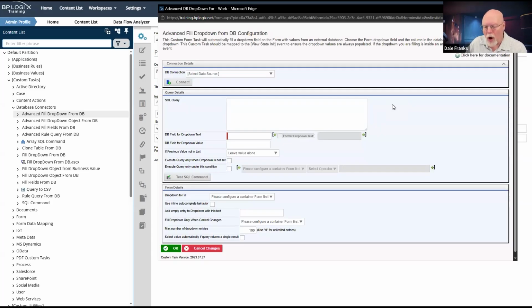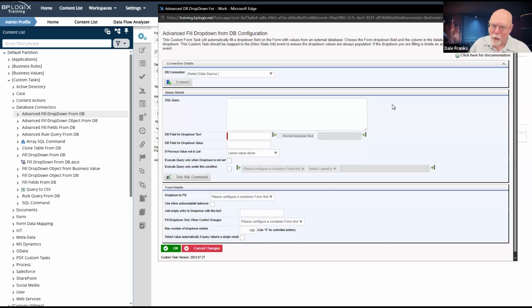One of the drawbacks of custom tasks is that they are not reusable. So if I need to fill a dropdown from a database and I configure a custom task on a form to do it, great, that custom task now works on that form.